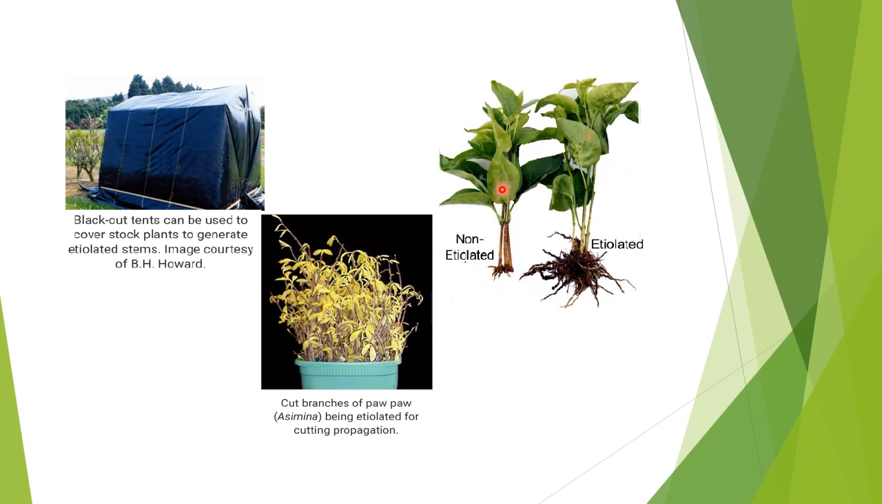This is a non-etiolated one, so root formation is less. This is an etiolated one, where you see plenty of roots available here. So that means etiolation is taken to the advantage of rooting. It's done by putting the stock plants under cover in blackout tents, so that they undergo the etiolation